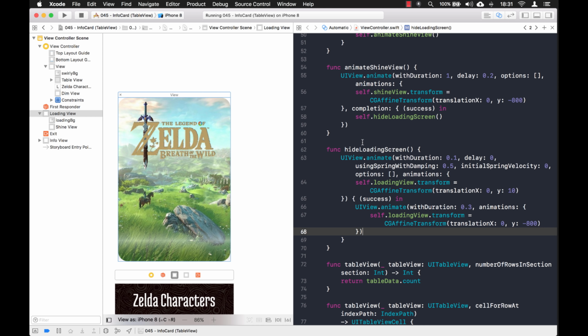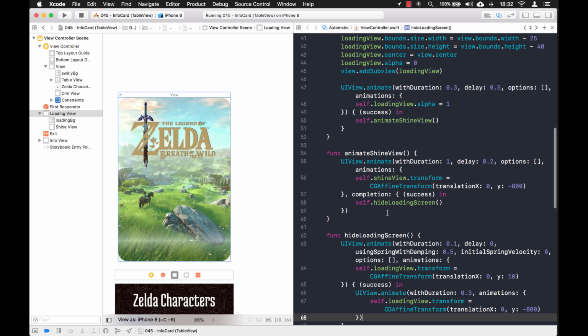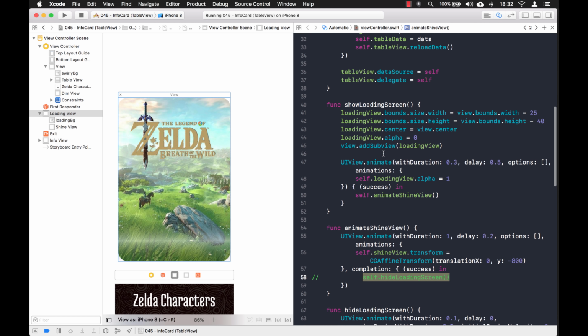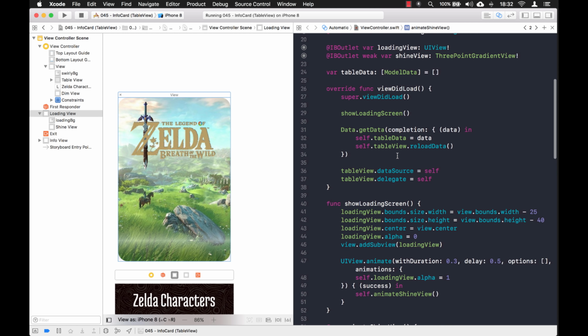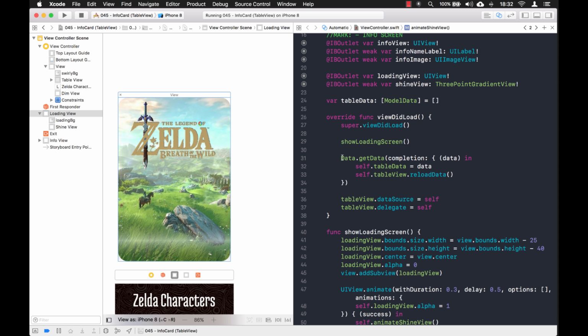Okay, now before what I was saying was, normally you want a loading screen to let the user know that something is happening. You're getting data, please wait. And you want to get rid of the loading screen once you have all the data. So that's not really happening right now because we hide it as soon as we're done with the shine animation. So instead, what you can do is just comment this part out and copy that line. Normally what you want to do is go find where you're loading your data right here,